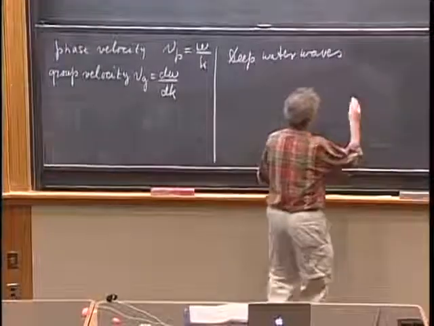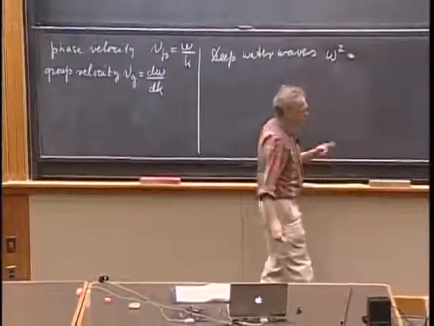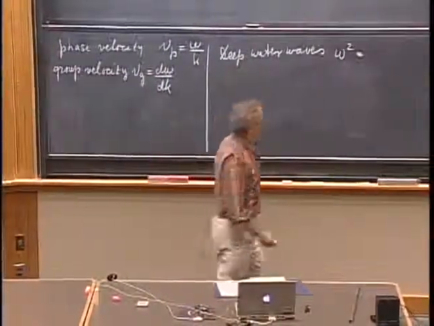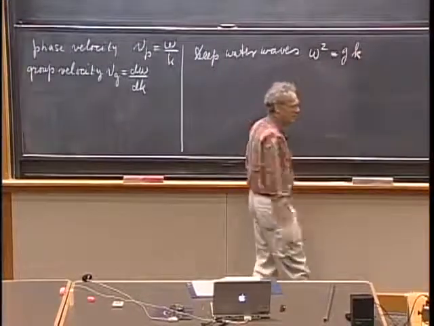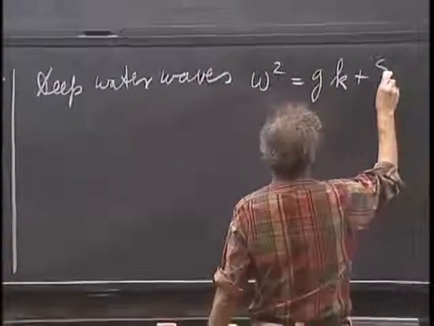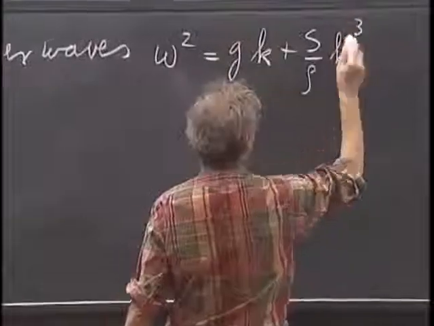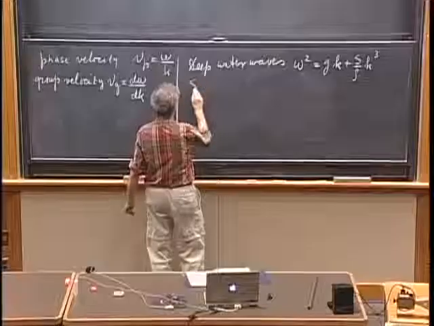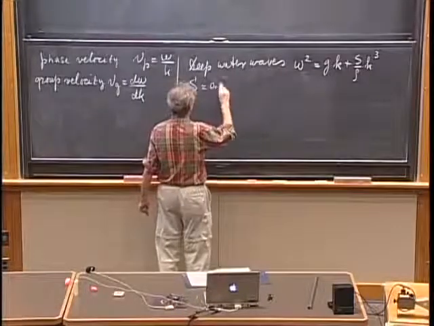The dispersion relation, which I will not derive, I didn't derive it either for the string, is omega squared equals gk, where g is just the gravitational acceleration, plus S divided by rho times k to the power 3, and S is the surface tension, which is for water about